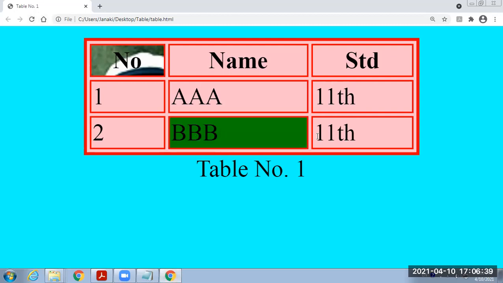You will get the green background for the specific cell. Okay, in this way you can decorate your table as per your requirement. Whenever you want to provide the picture as a background, you can provide it, or if you want to display the background color to a single cell or multiple cells, you can provide it.